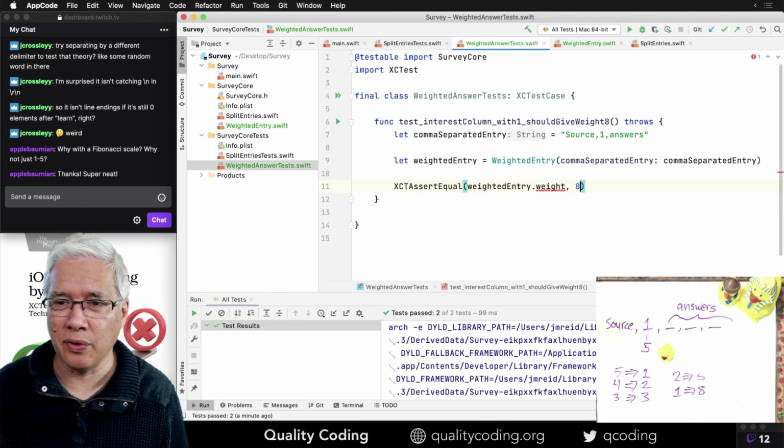You know what? I want to see this test fail. So let's do this for starters. Now I have a brand new test. I'm calling the shot. I predict that this will fail, and it will say 0 is not equal to 8.